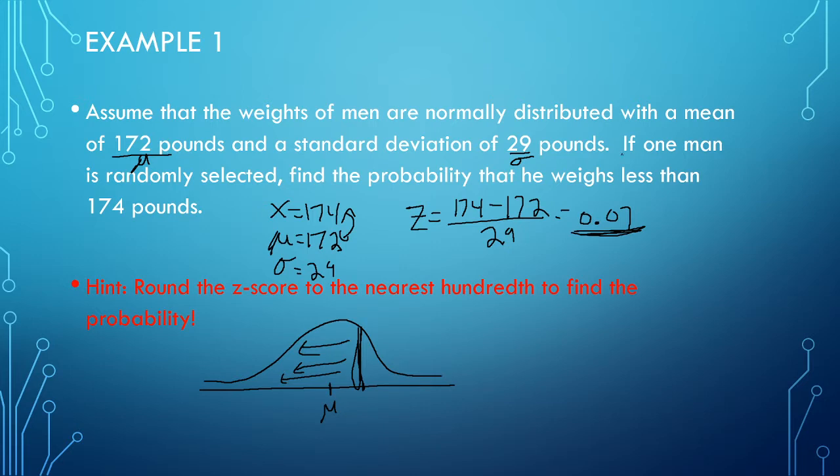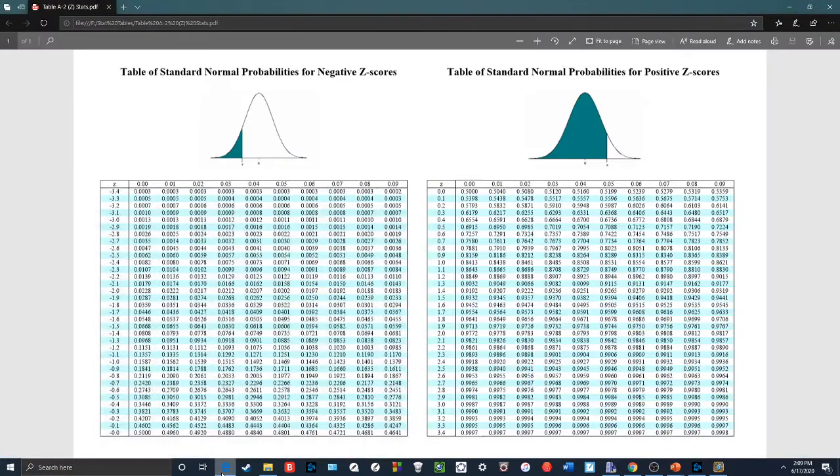So when it's asking for the probability of weighing less than 174, it's basically asking for the probability of getting a z-score of this or less, which is exactly what my table gives me anyway. So if I go to this table here, I'm looking for a z-score of 0.07. So here's 0.0, here is 0.7 right there. So I'm going to look for this z-score right here,